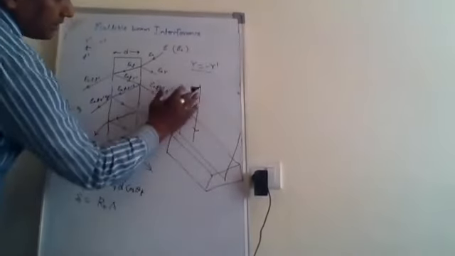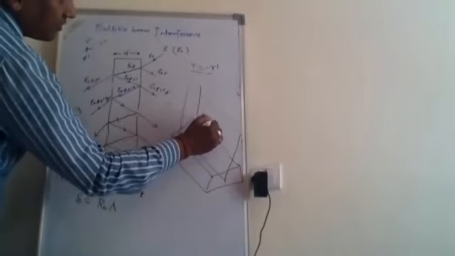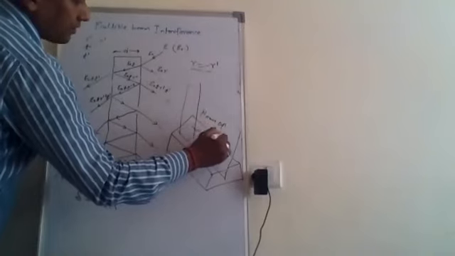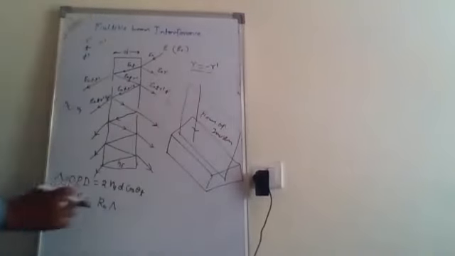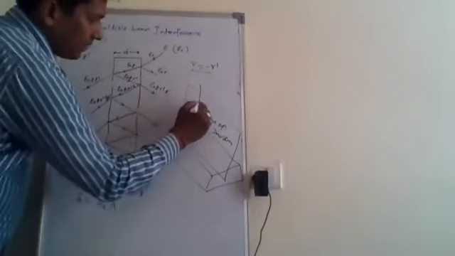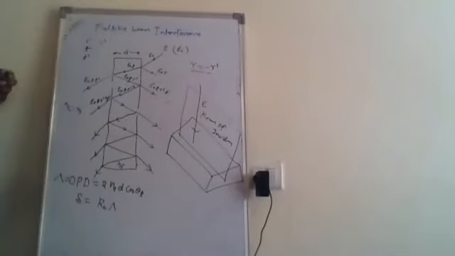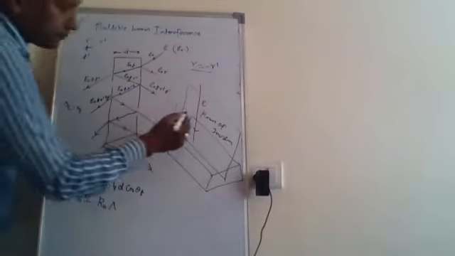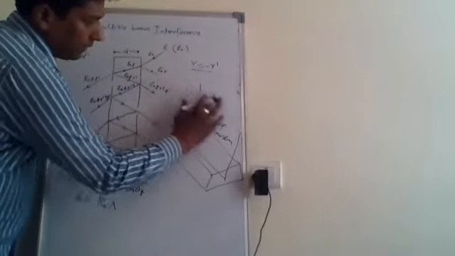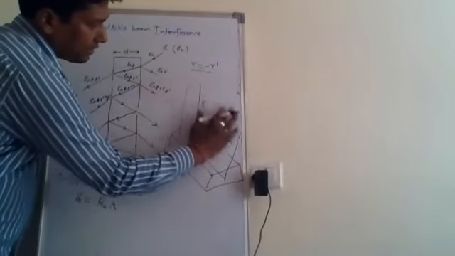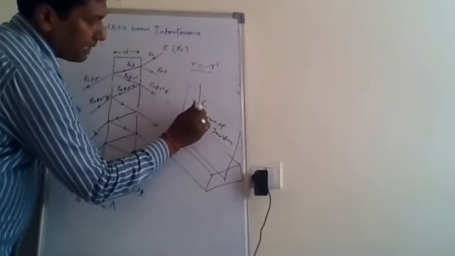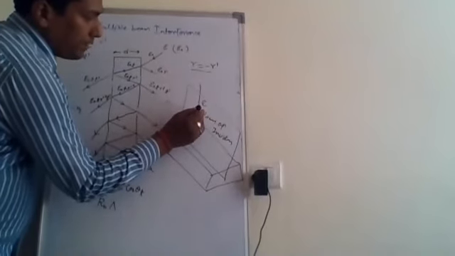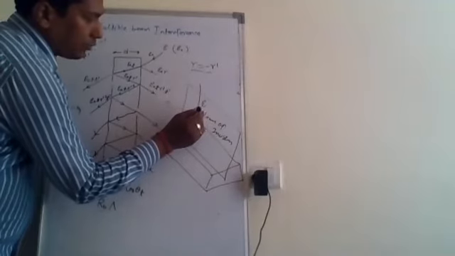This plane is known as the plane of incidence. If the light is coming with amplitude E, we can break it into two components. One is perpendicular to this plane. Let's consider the plane like this, so the perpendicular component will be this arrow, perpendicular to the plane of incidence.